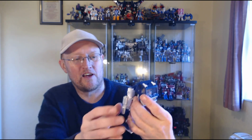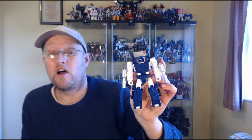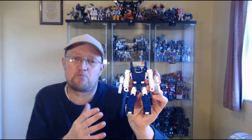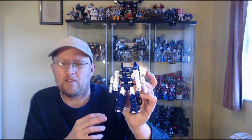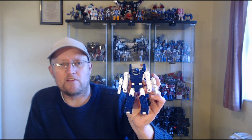Kingdom Pipes. Now, when it comes to Pipes and Huffer, I am Huffer all the way. I like to character mold set collect Huffer. I've got all the Huffer molds that they've done so far. But Pipes, I have got a couple of Pipes, but I don't really have any feelings for him particularly. I mean, okay, in the IDW More Than Meets the Eye, he had a bit of an incident where he